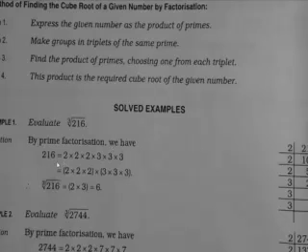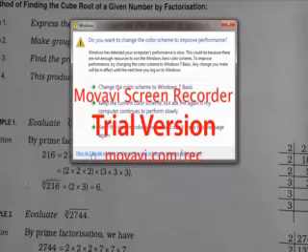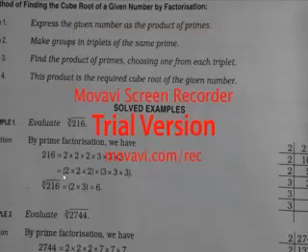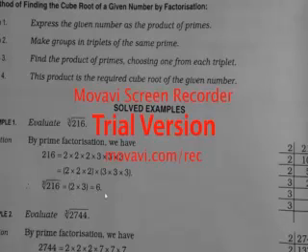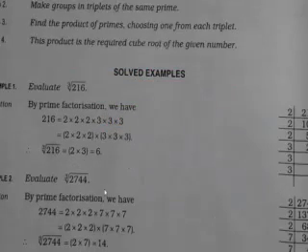We have 216 is equal to 2 into 2 into 2 into 3 into 3 into 3. So what happens? Out of three 2s, one has been taken out, and out of three identical multiples of 3, one has been taken out. And you can see when it has been taken out, there has been written now the cube root. Cube root of 216 is equal to 2 into 3, one out of 2 and one out of 3. So when we take one out of one triplet, then that becomes the cube root. So cube root of 216 is equal to 2 into 3, which is equal to 6. I hope all of you understand this.